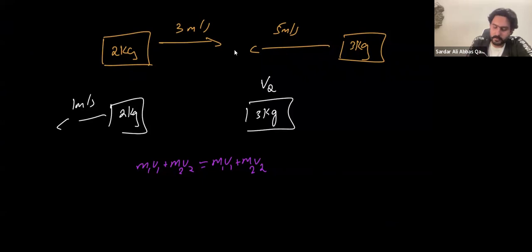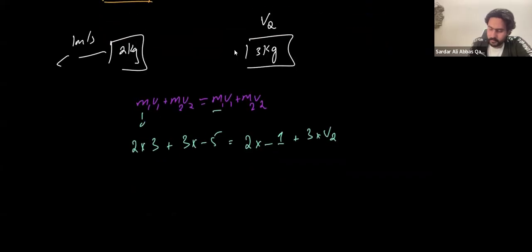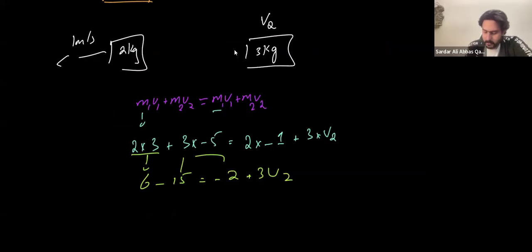We're just going to substitute some values. It starts with 2 into positive 3 plus 3 into negative 5 is equal to 2 into negative 1 plus 3 into V2. So this is going to be 6 minus 15 is equal to minus 2 plus 3V2. It's going to be minus 9 over here, and then there's going to be another plus 2. So 7 is equal to 3V2, and V2 is equal to